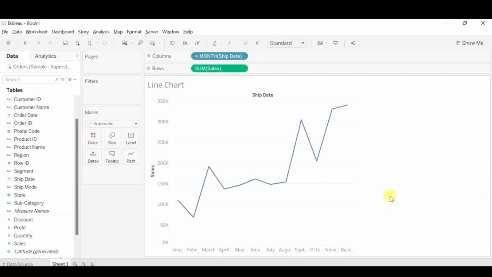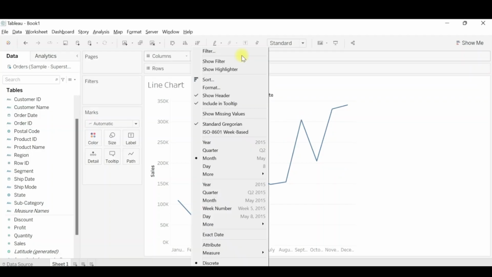But sometimes there is a requirement that we need to see which month of which quarter of which year it is. So this is how the display of the month, quarter, or year differs on the basis of which you are analyzing. So let's see how to get that pattern. For that you have to click on this small arrow and you will see a date is defined here. So this is year, quarter, month, day. This is the hierarchy that we were creating by clicking on plus or minus.